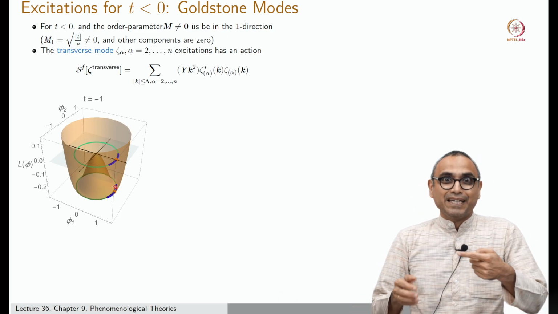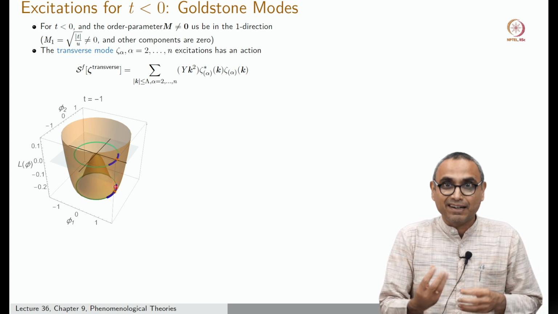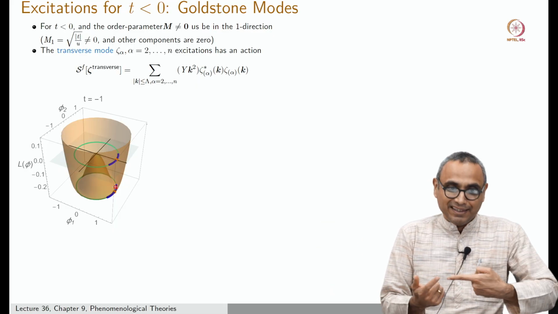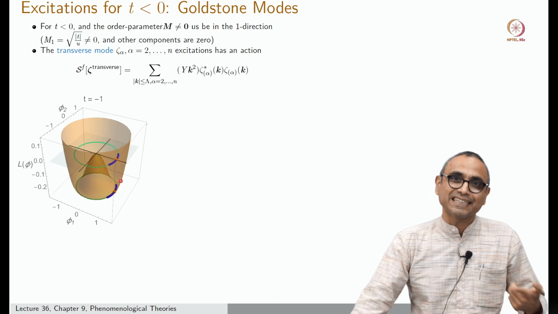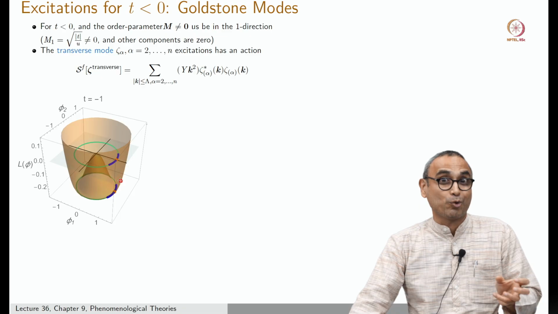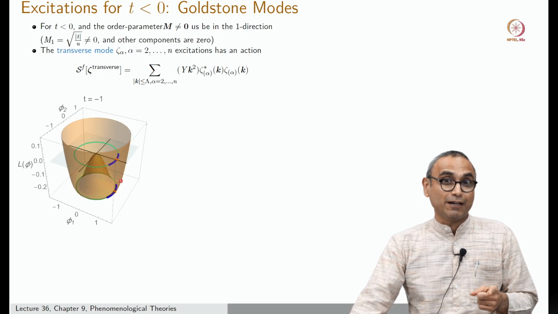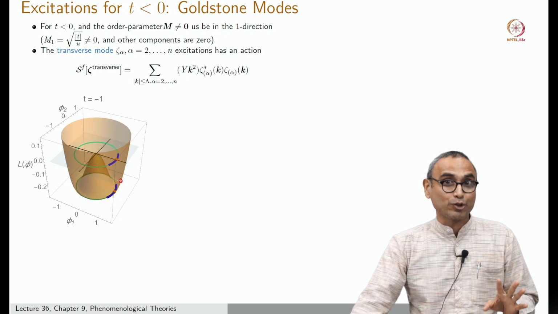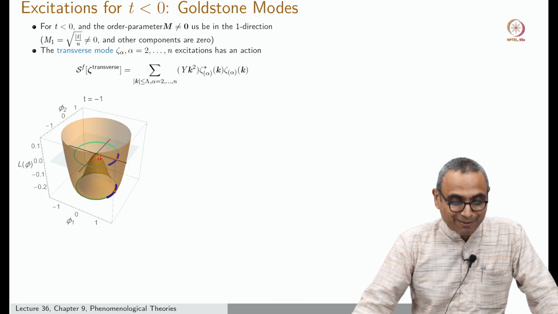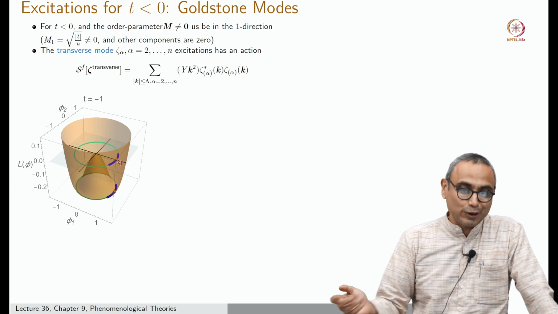That means if I want to change the direction of M in a cell, remember I have space and I have the cell, it will cost me no energy, because if I change direction, it is the same energy because of the underlying symmetry of the problem, because it has O(N) symmetry. It does not matter what the direction of my field phi is, as long as its magnitude is not changing, my energy will be the same. So if I go orthogonal to this, I will not change the magnitude of M, but I will change the direction, but therefore it costs me no energy.